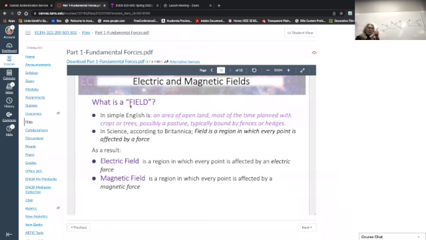A charge, what charge? A static charge, a charge that remains constant in value and in space. All right, that creates a static field, which is called the electrostatic field. What creates the magnetostatic field?